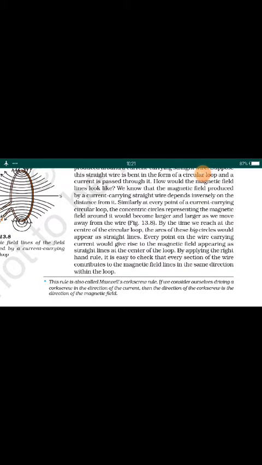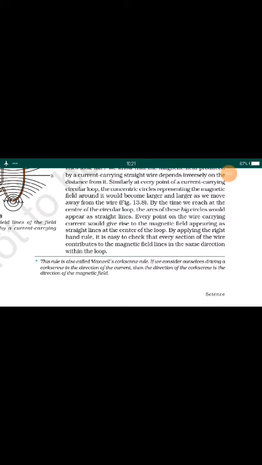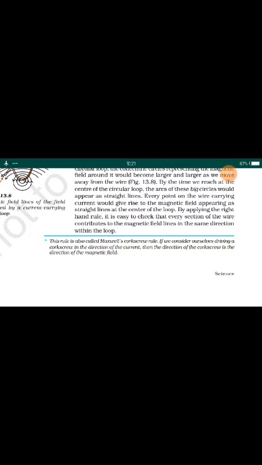Similarly, at every point of a current carrying loop, the concentric circles representing the magnetic field around it would become larger and larger as we move away from the wire. बड़ा ही बड़ा होता जाता है, दूर जाता है, वैसे वो क्या होता है? Bigger in size. Every point on the wire carrying current would give rise to the magnetic field,